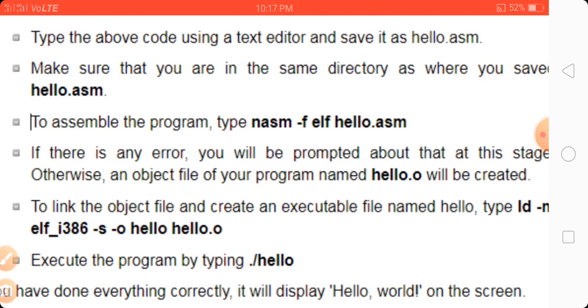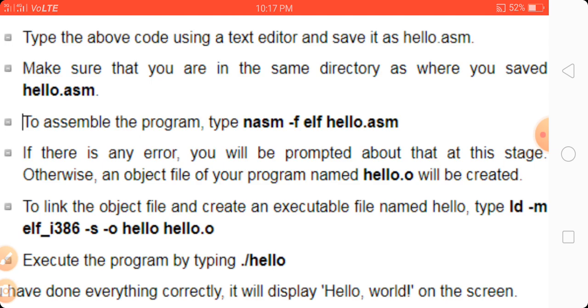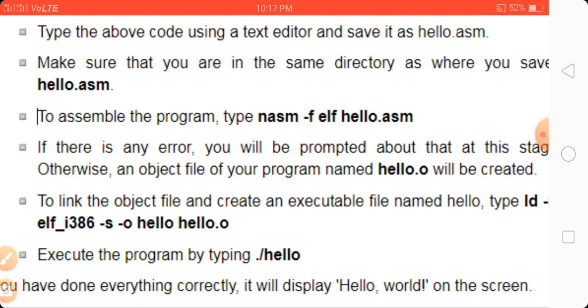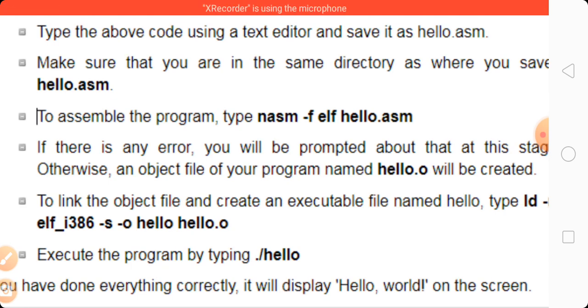If there is an error, you will be prompted about it at this stage. Otherwise, an object file of your program named hello.o will be created. If any error occurs, it will notify you. Otherwise, it will create the object file of that program.